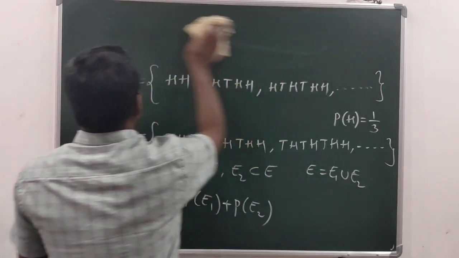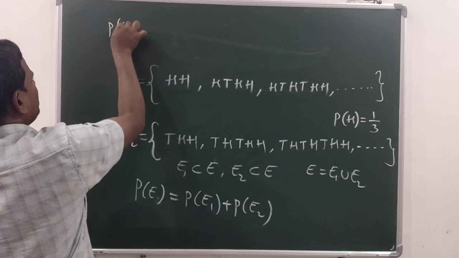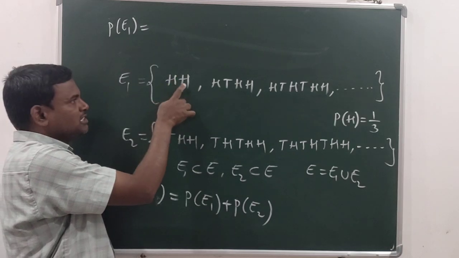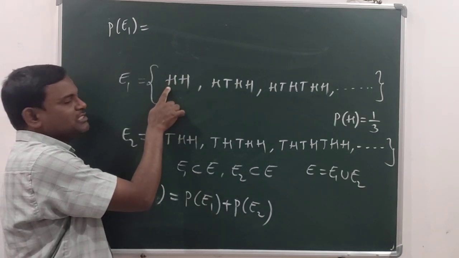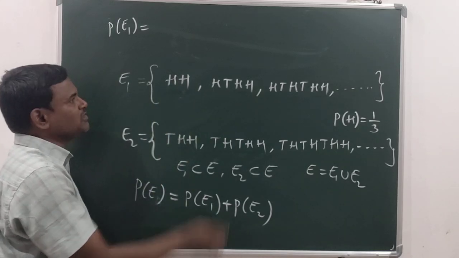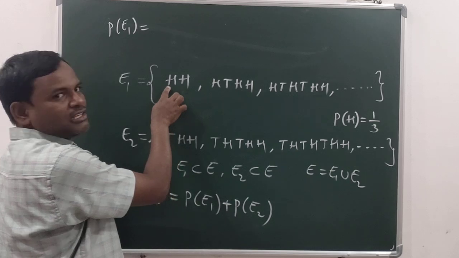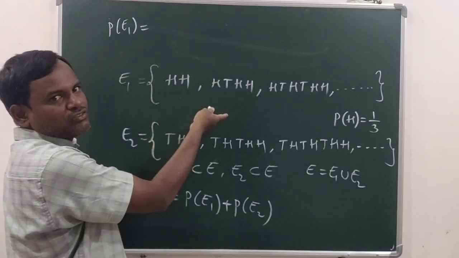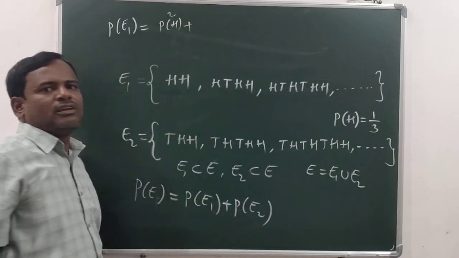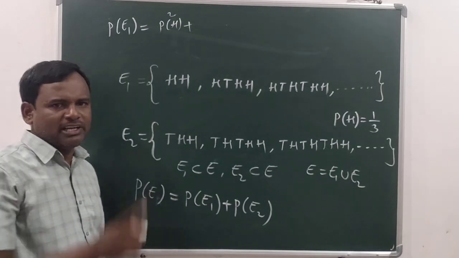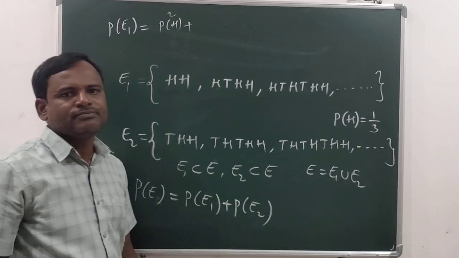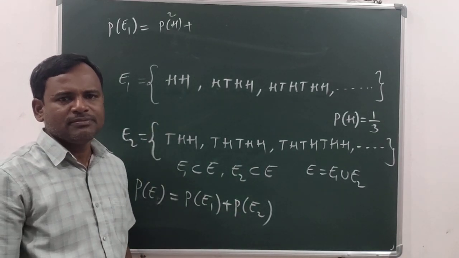Okay, see here. Now find probability of an event P of E1. So you know this is first trial, this is second trial. This happened after occurrence of these two, which means that both are independent events. In the case of independent events, P of H into P of H, P of H whole square. You know, in the case of independent events, we write that multiplication theorem as P of A into P of B. So here 4 times, all are independent. No one is depending on the previous trial.